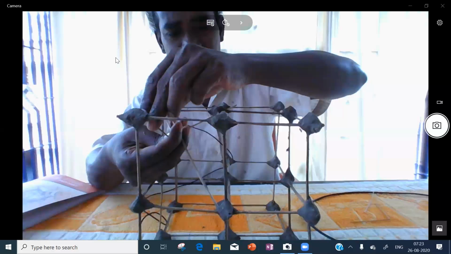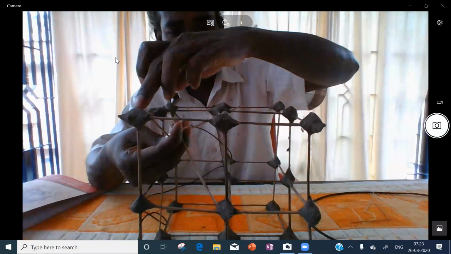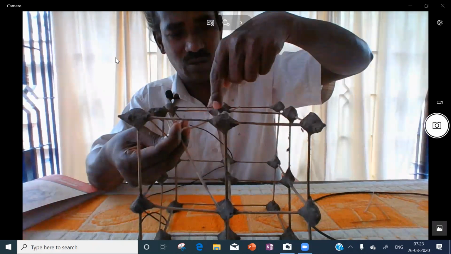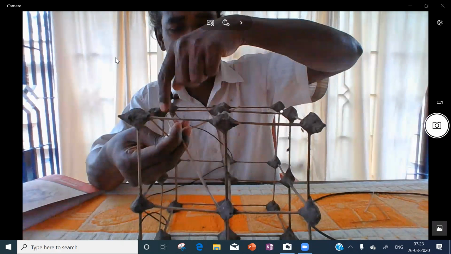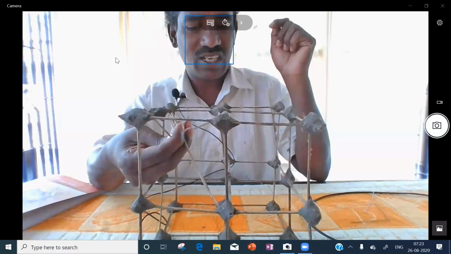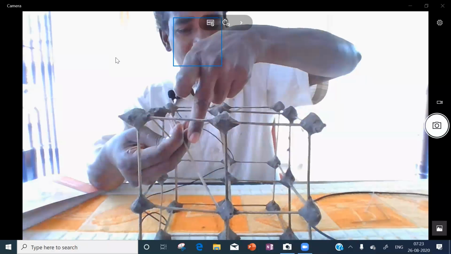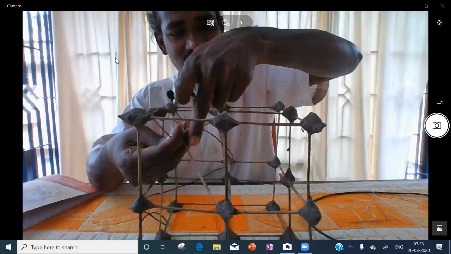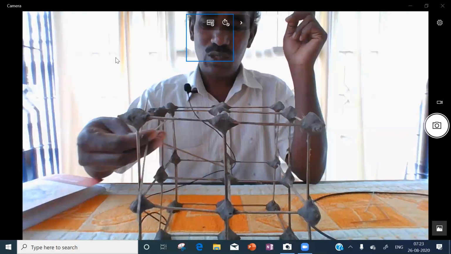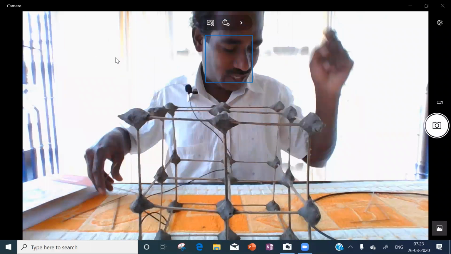Now you see, do we get a tetrahedron? From this corner, we will go to this face center, then to this face center, then to this face center. Do we get a tetrahedron? In this tetrahedron, what is this place? That you see. Now we will see this tetrahedron in another way.